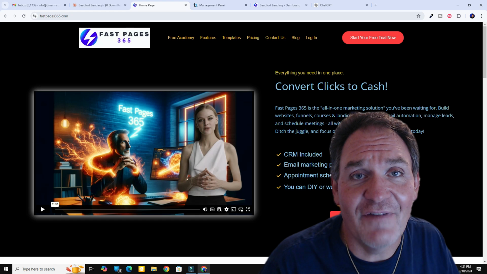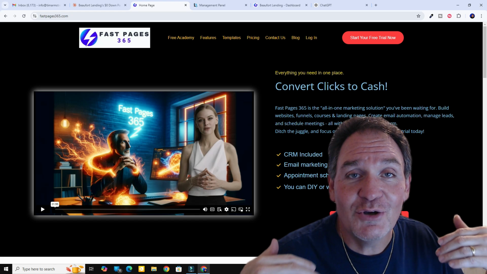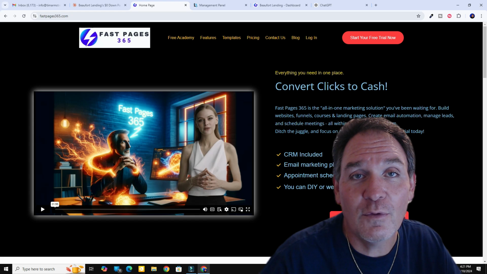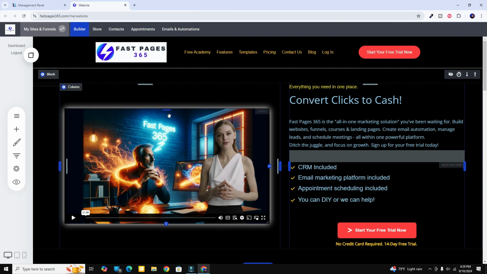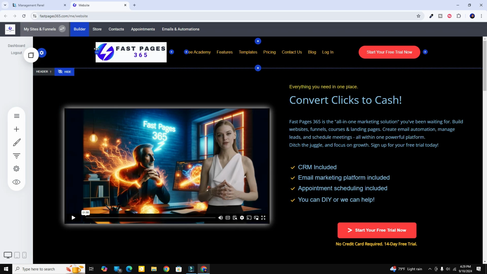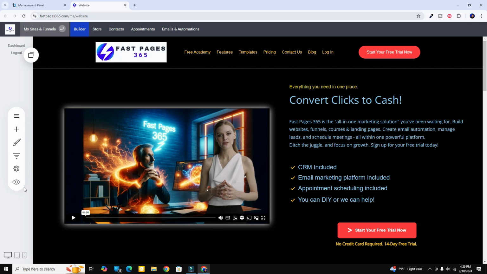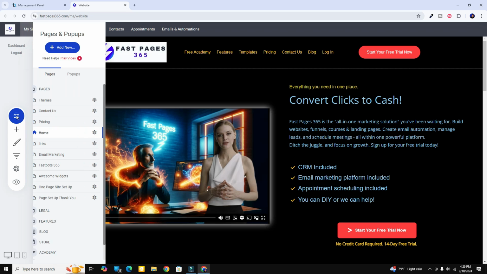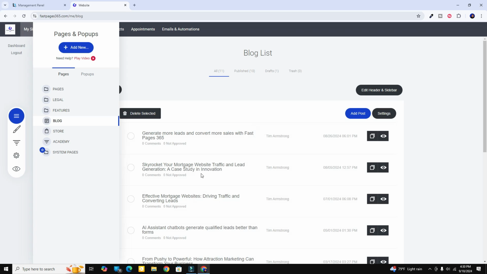So to get this kind of exponential growth and be able to blog like a rock star, I'm going to show you exactly step by step what we're doing so that you can do it too. All right, so I'm going to start at the beginning. I'm logged into FastPages 365 here, and you can see over here on the left-hand side is my menu. So I'm going to come over here to Pages menu, click into it, scroll down to Blog, and here's where